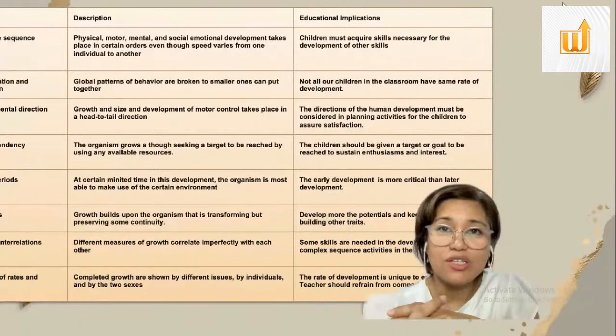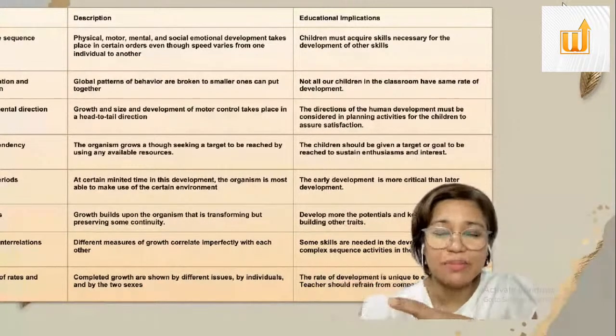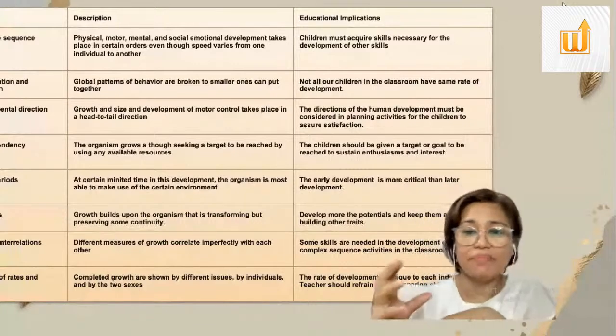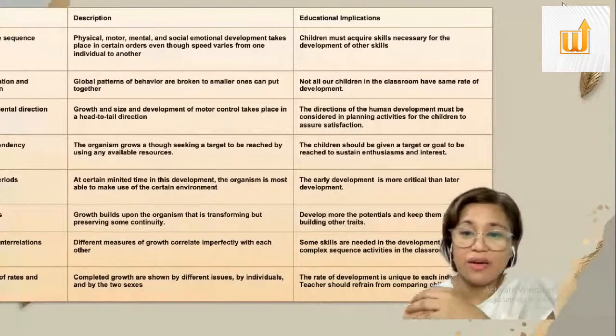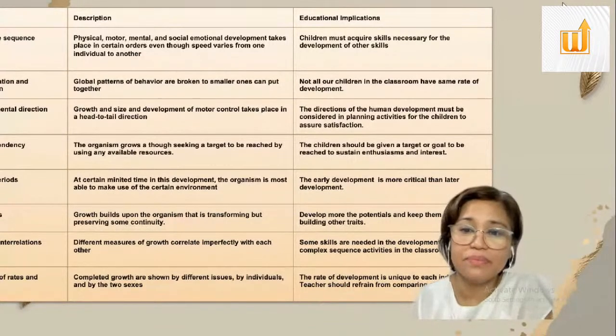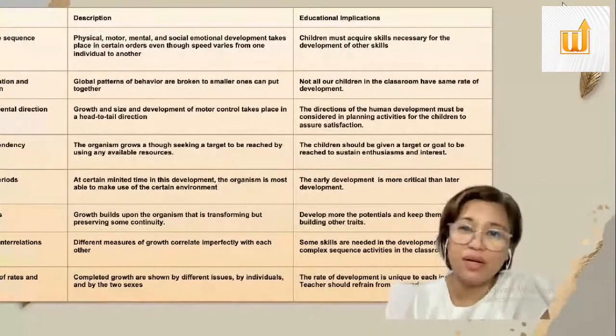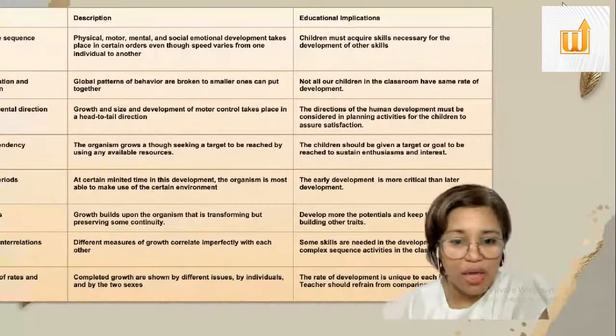And then the interrelations of the different dimensions of growth. So there are different measures of growth, but many times over, it correlates. Now, the skills are needed to develop other skills, no? And it's a very complex sequence, but we can actually develop activities in the classroom that would help the child to develop these different dimensions. Okay, of course, we have